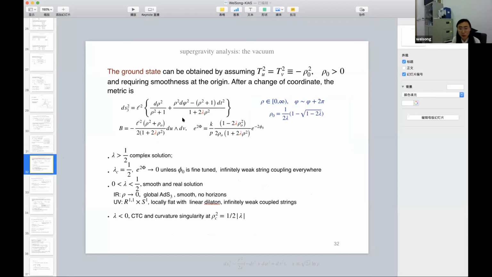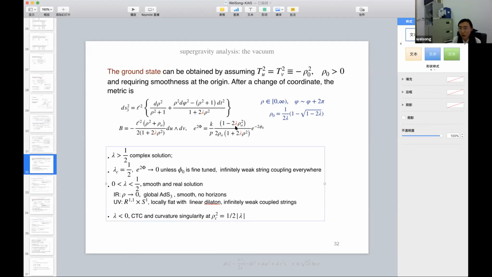This is a smooth solution, and one can clearly see that when lambda equals 0, this is nothing but global AdS. When lambda is non-zero, it interpolates between global AdS and flat space. And from here, one can see that